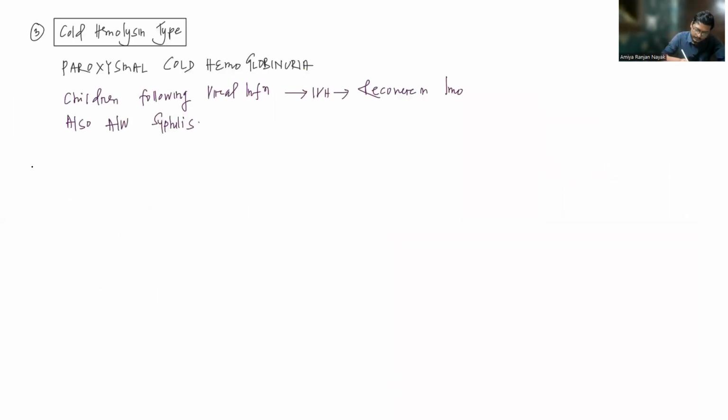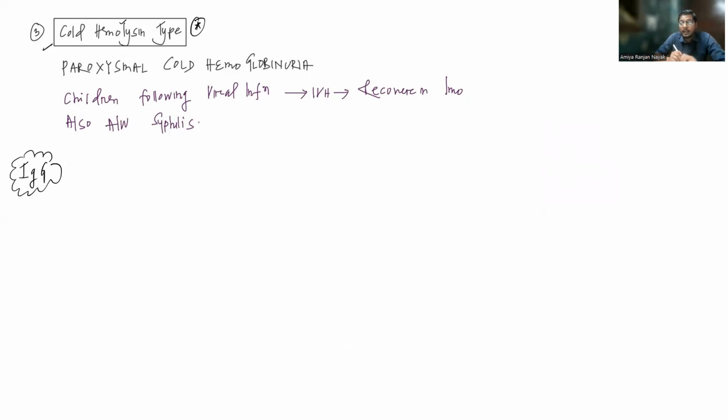So in cold hemolysin type, the antibodies will bind to the RBCs at cold temperature, but they will not cause agglutination, they will cause hemolysis. This is caused by IgG antibodies. But I have told you previously that IgG antibodies bind to the RBC antigens at 37 degrees centigrade. But this is an exception. This is a very exceptional case where certain IgG antibodies can bind to the RBC surface